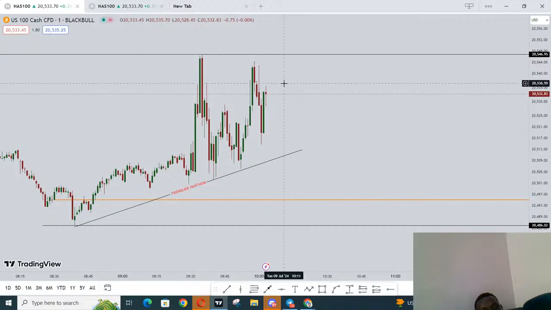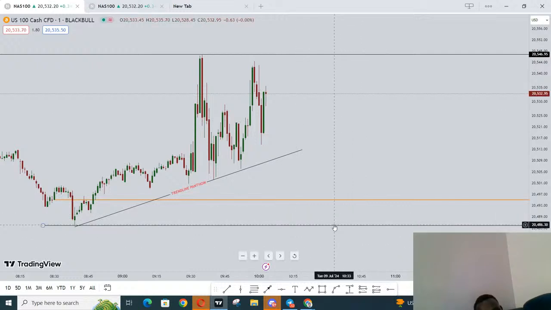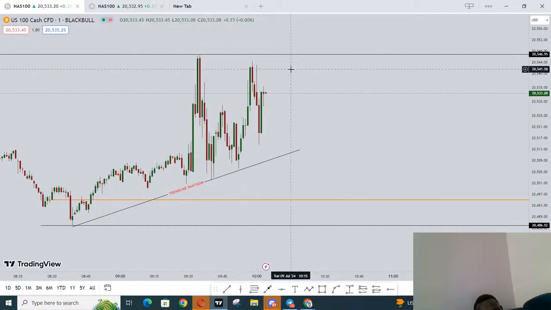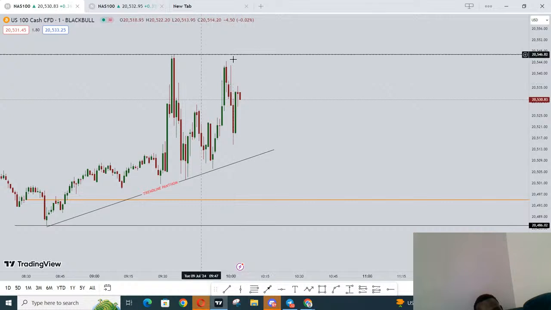For me to have a sell, I would like to see them taking this high, and then I will be targeting this sell side. But the structure without taking this is going to be dangerous for me to participate. So I would like to see them coming to sweep this high, and a reversal to be generated.